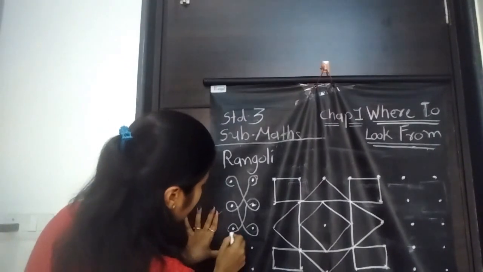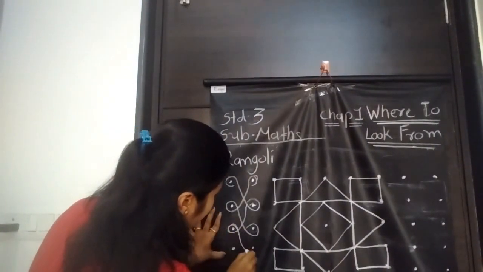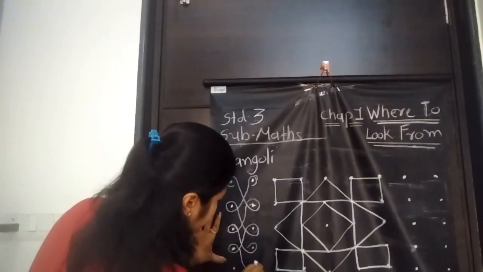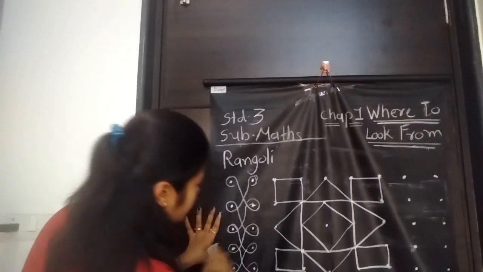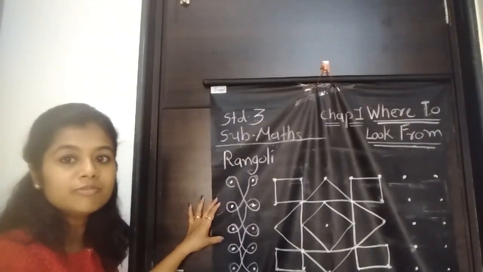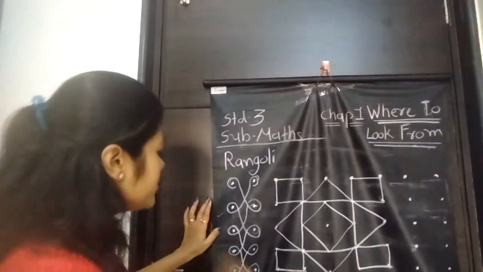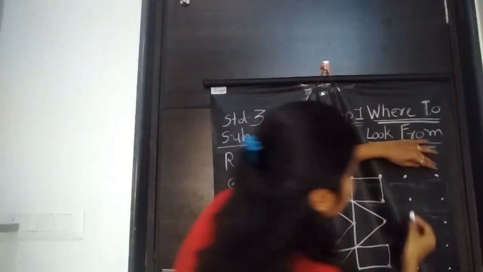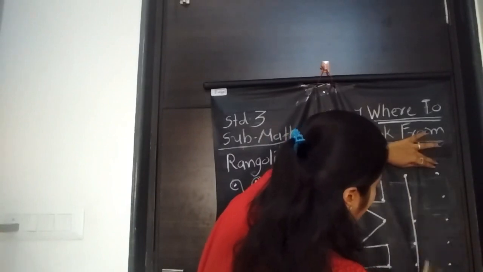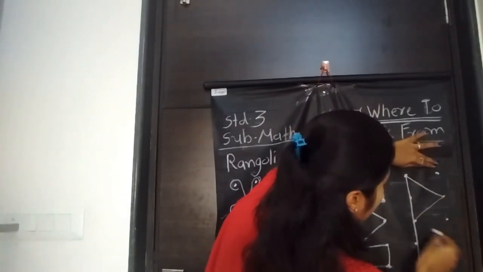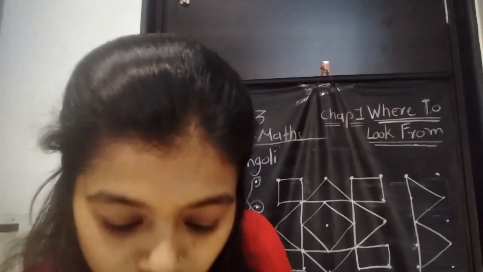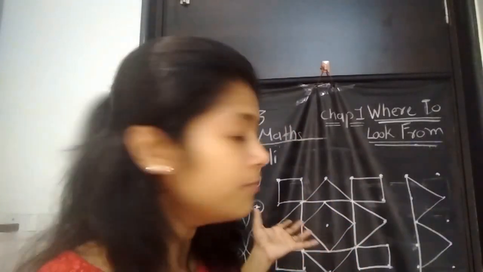Here what I have to do is draw a line this way. Again I will start from here. Again I will start and stop over here. Can you see the pattern is formed? Yes, one pattern is already formed just using the dots. We'll move to the next pattern. Your next pattern is a triangular pattern which is quite easy. Just draw it. Isn't it easy? Quite easy.